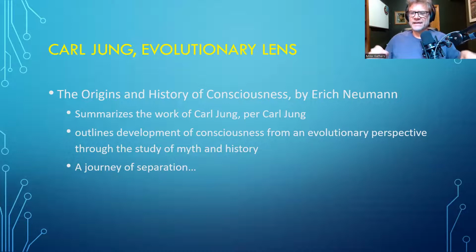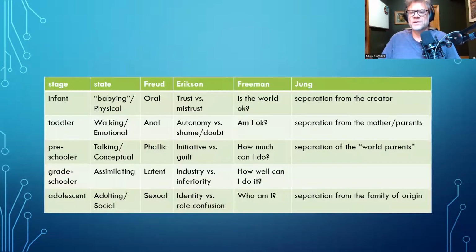So that really, I guess, sealed the deal for me. And the way they present these stages and states from a Jungian perspective is a journey of separation. And I'll show you what I mean by that. Here we go. So the infant is being born, separating from the mother. If you're a little tiny infant that's partially developed, you've separated from the creator,